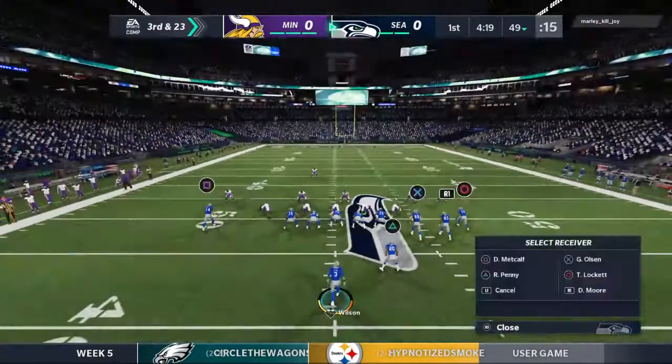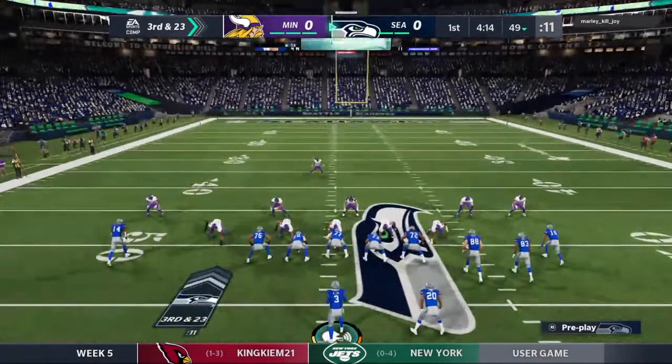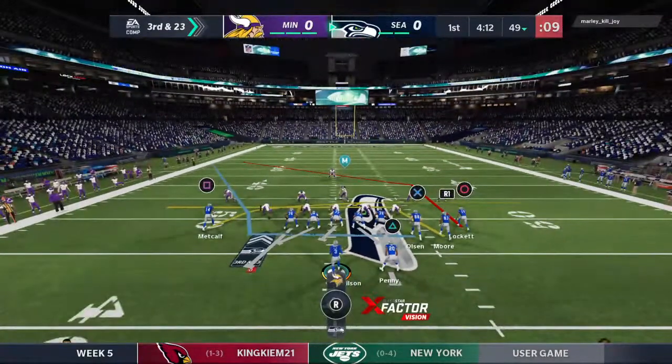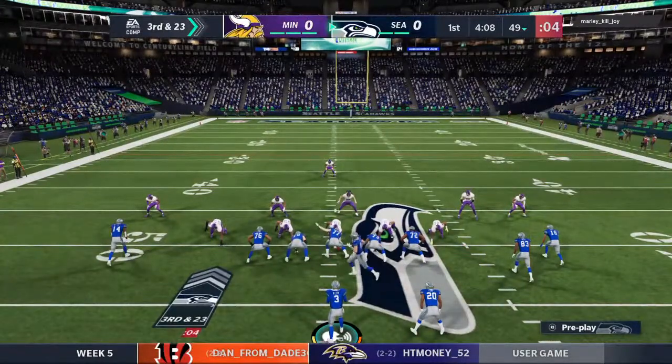So possession still theirs, but now they face a third down. Hey, come on out here. Come get some. Come get some. Come on. There. He don't want it. Watch safety creep. Watch safety creeping. Safety's